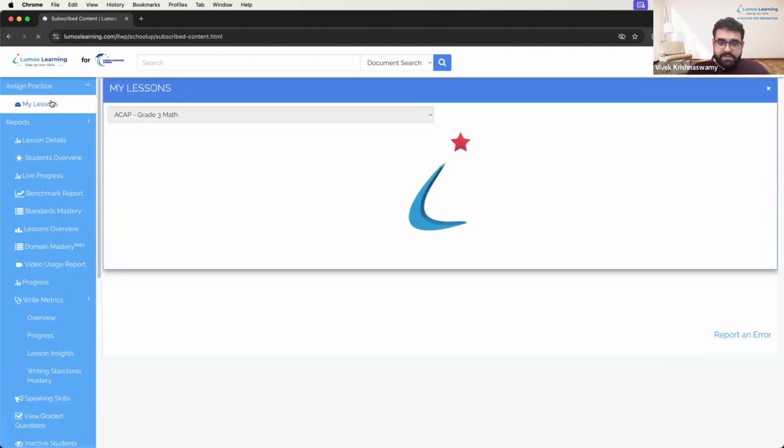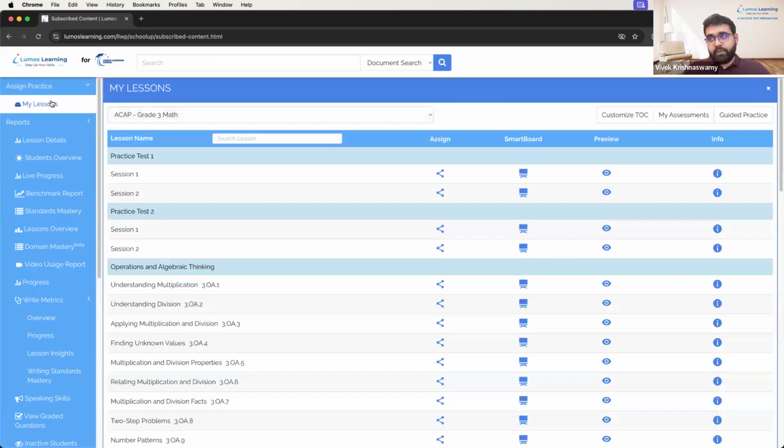Awesome. Well, that kind of brings us to the end of our demonstration. The main thing I want to highlight, which I didn't talk about at the beginning, is that all of the remedials after a student takes their first practice test are automatic. So if you don't have the time to figure out how to create a smaller group, or if you don't have the time to sit down and work on specific standards with the student, that's okay. Lumos helps you give that one-on-one individual attention. So you always have a little bit of support with those auto remedials.